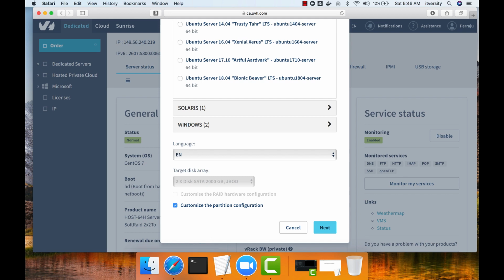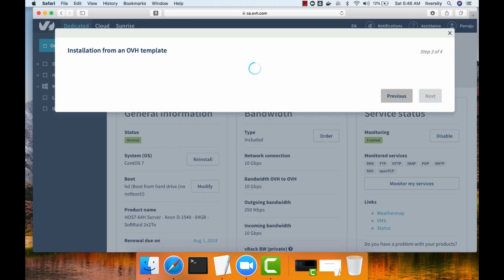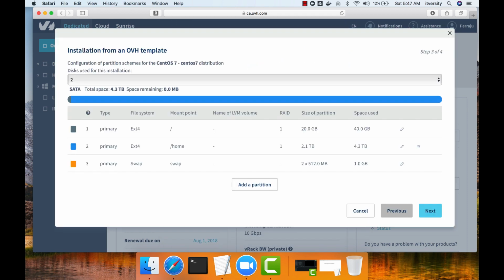And the default configuration will be like this. There will be a mount point for the root file system, which is only 40 GB, and the rest of the stuff goes to a partition mounted to the home directory, and its size is 2.1 GB. Overall, even though they provide two hard drives of 2 terabytes, which is 4 terabytes of storage, because of the RAID mirroring enabled, you will be able to use only 2 terabytes of storage. Okay, so to actually use the entire storage for our learning purpose, we can disable the RAID